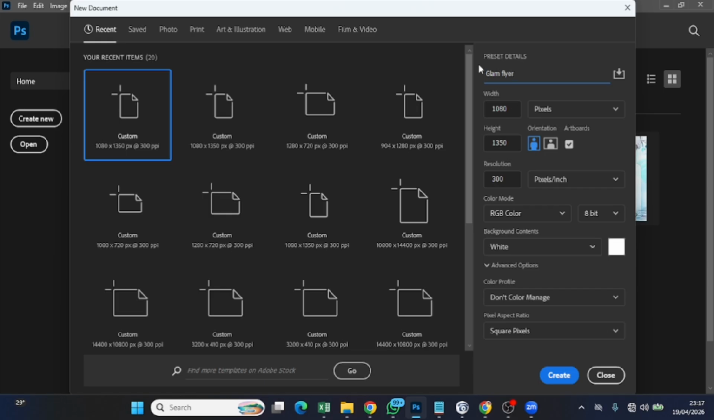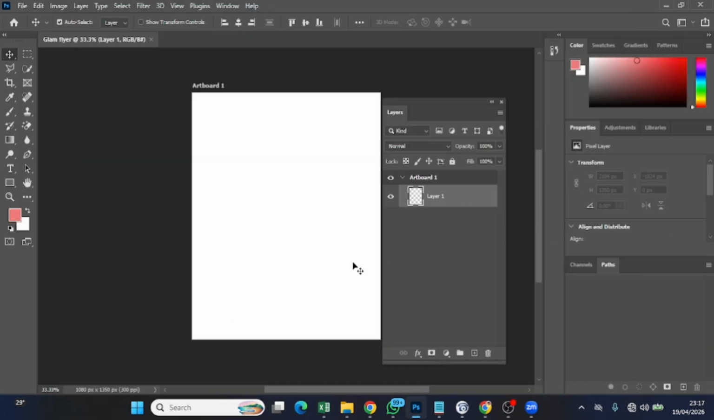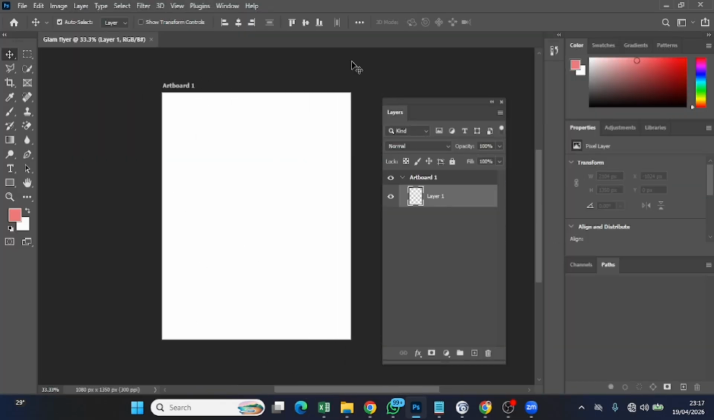So I will go with this size, 1080 by 1350. Yep, I'm going with add boot. I click on this and then resolution 300. I will just hit on create. So you can see it's actually reading at board 1. So the first thing that I will do is I will just go to